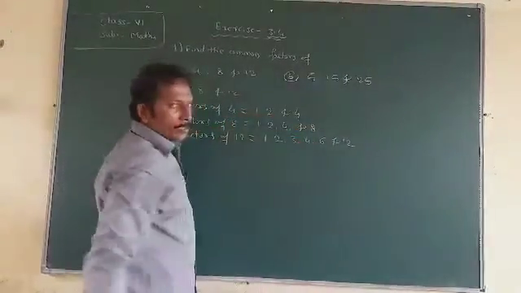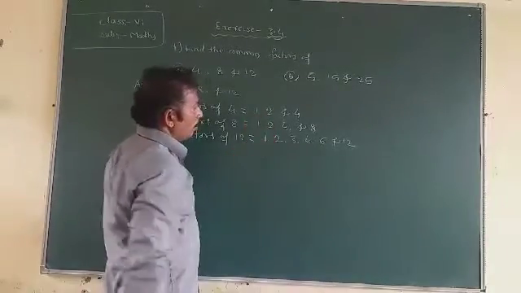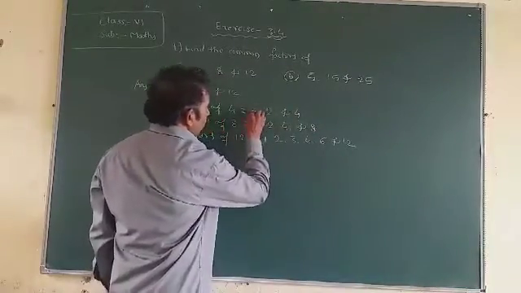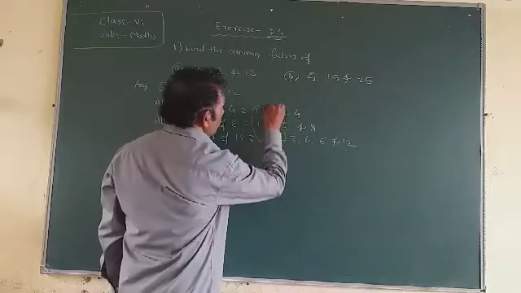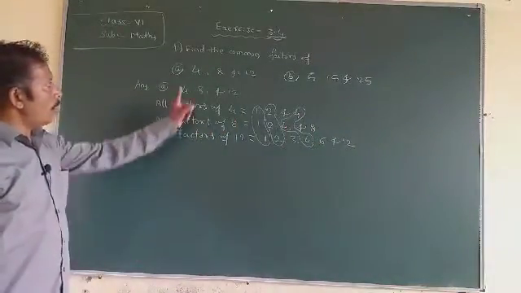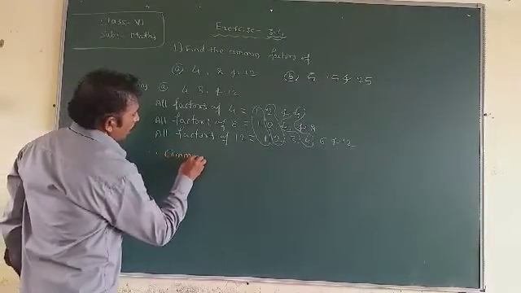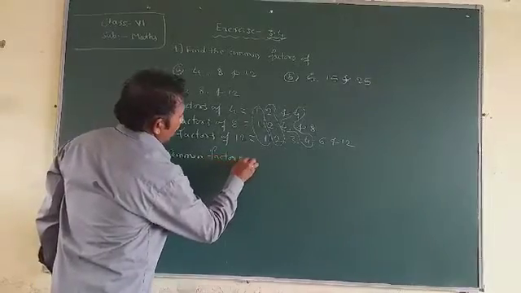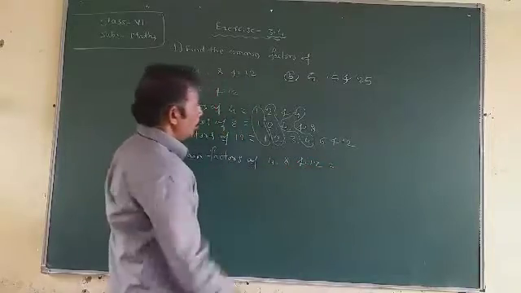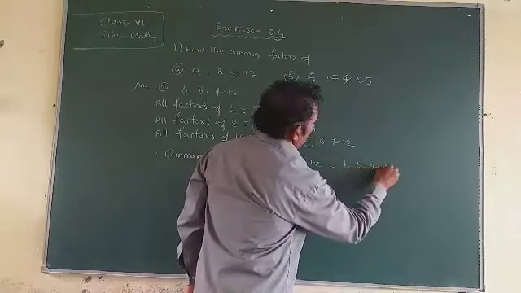Now, in all the three lists of numbers, find what are the common factors. 1 is the common factor, 2 is the common factor and 4 is the common factor. 1, 2 and 4. These are the common factors of 4, 8 and 12. Therefore, common factors of 4, 8 and 12 is equals to 1, 2 and 4.